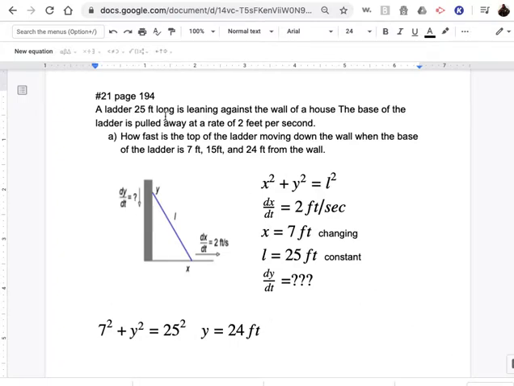A ladder 25 feet long is leaning against the wall of a house. The base of the ladder is pulled away at a rate of 2 feet per second. How fast is the top of the ladder moving down the wall when the base of the ladder is 7, 15, and 24 feet from the wall? And I'm really only going to go over this 7 feet from the wall because after that, it's just plugging in different numeric values and